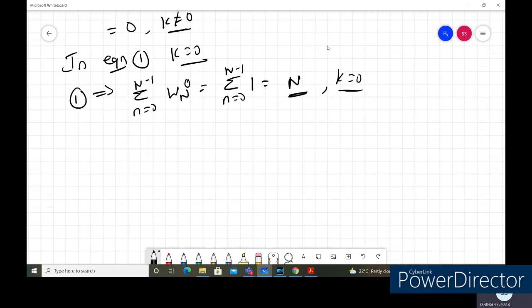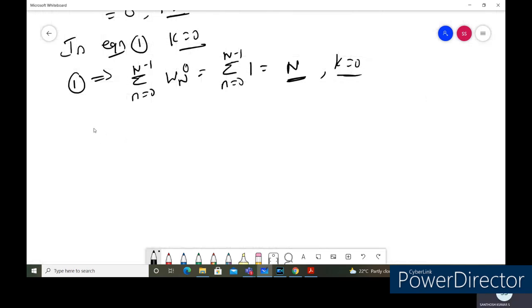Let us summarize this. Summation n equal to 0 to N minus 1 of omega N to the power of kn is equal to N if k is equal to 0, and equal to 0 if k is not equal to 0. This is one of the properties of the Twiddle factor that we can apply to evaluate problems, and this property will be useful in order to find out the Twiddle factor of the